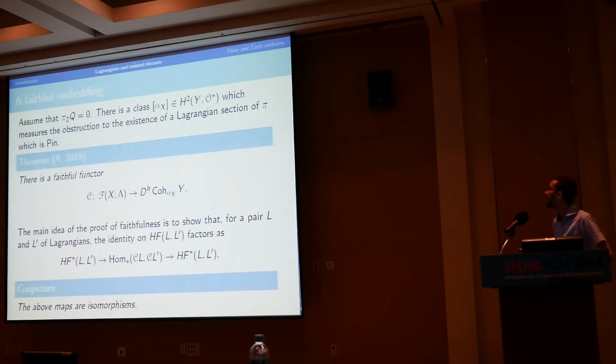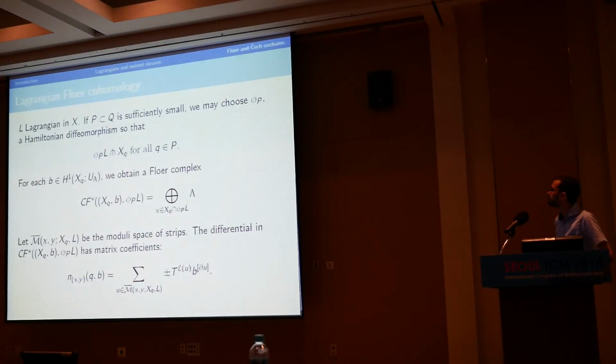If you take Y, it's better to talk about Y. If you take Y to be an abelian variety, then just the knowledge that this functor is faithful tells you that this functor is in fact an equivalence. So there's really very little to do in that case, but I'm interested in the method, the machine, and trying to develop it further, because it's going to apply in situations where it's not going to be as easy as in the abelian variety case.